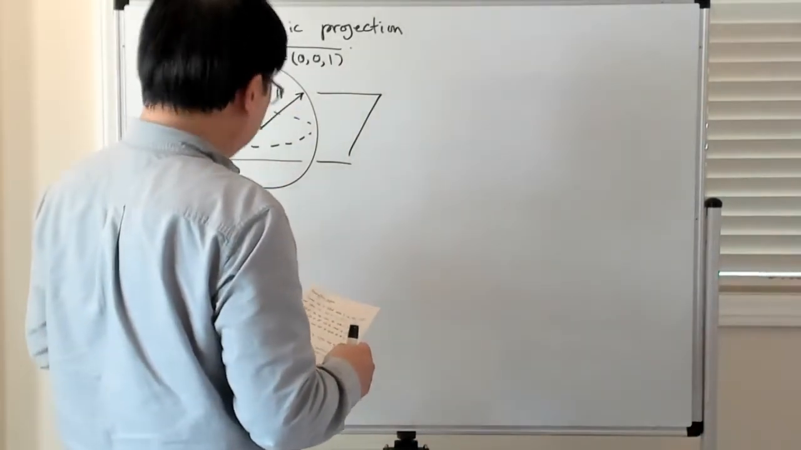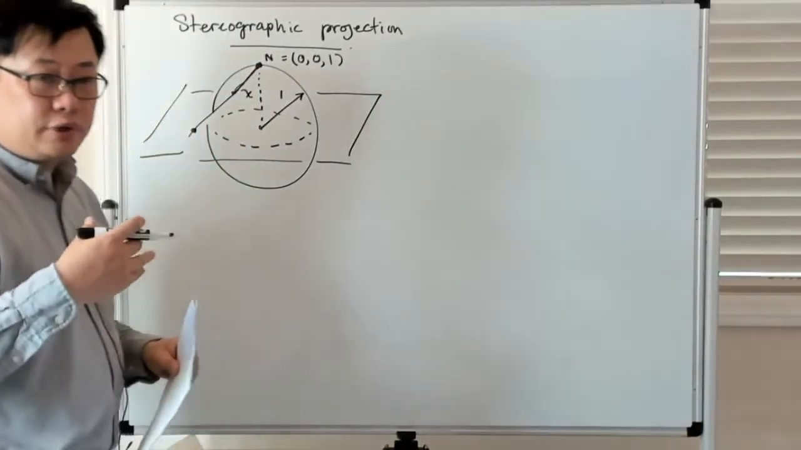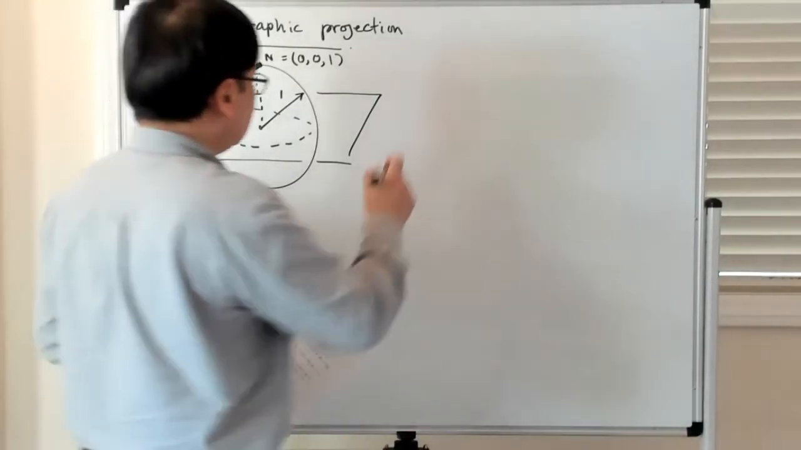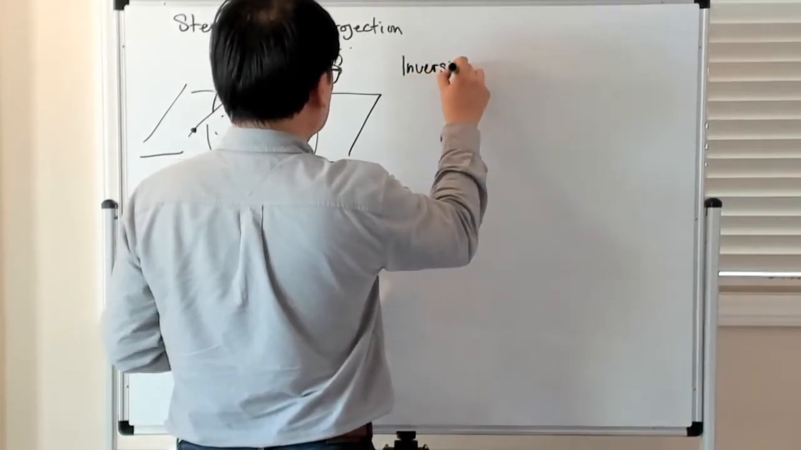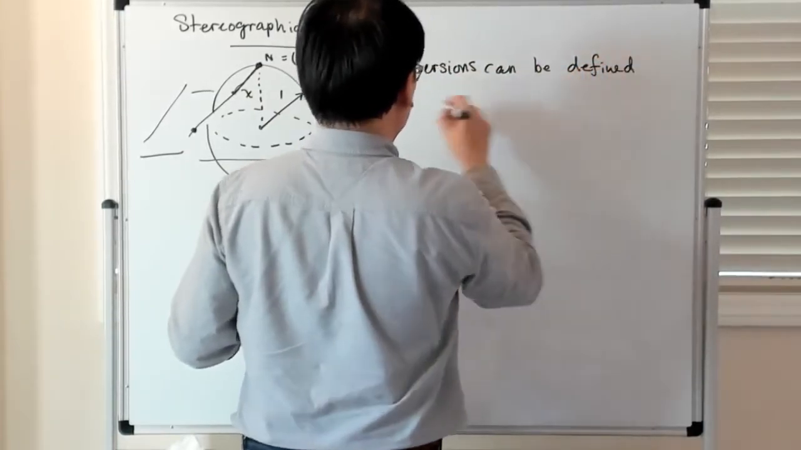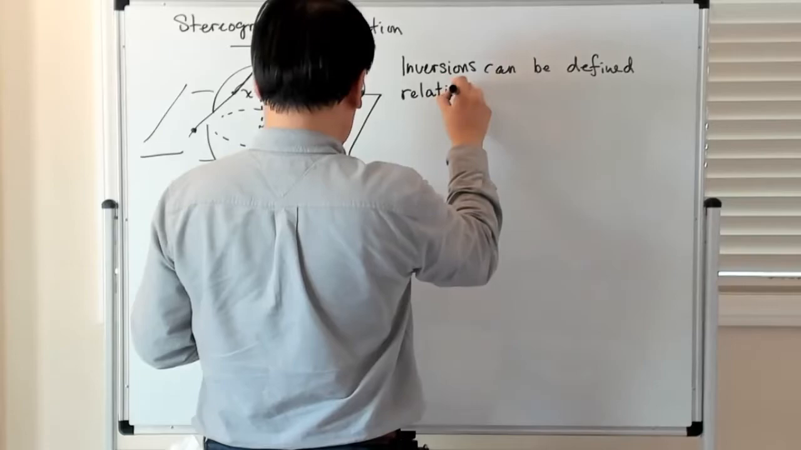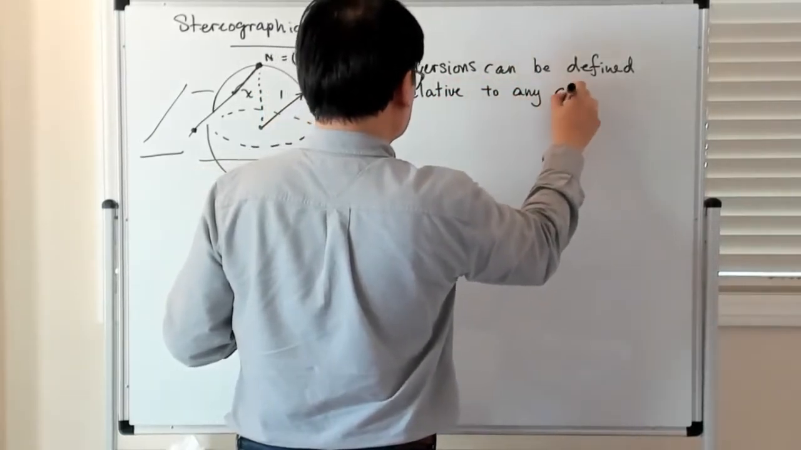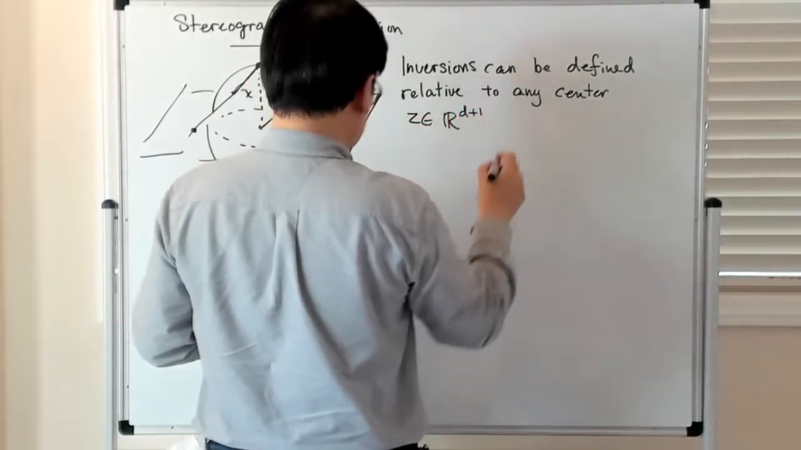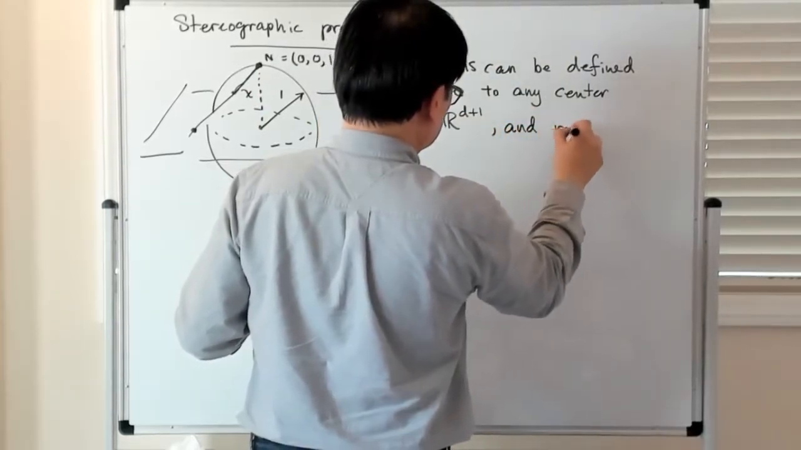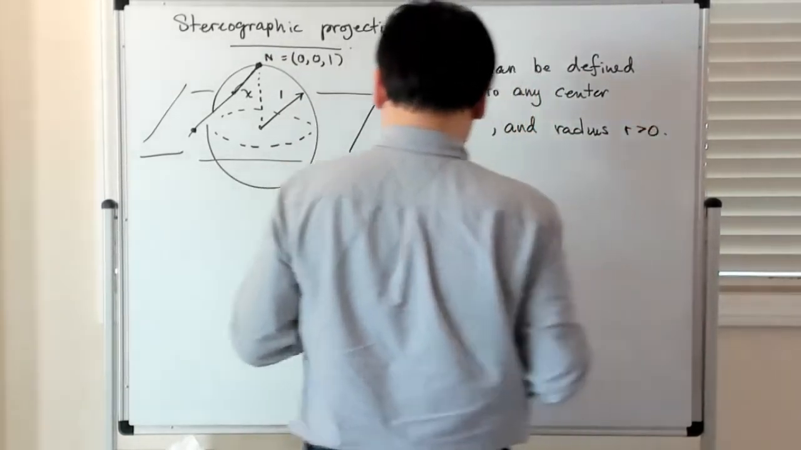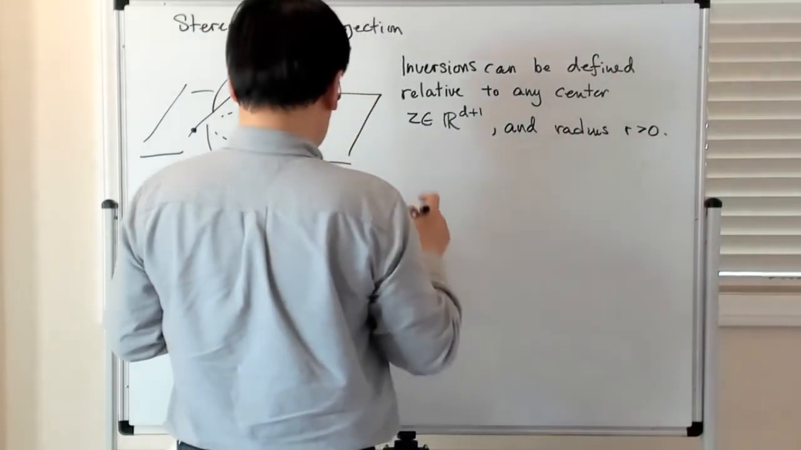Okay, so how we're going to do this is that we're going to look at inversions which are not just about unit spheres centered at the origin. Okay, so inversions can be defined relative to any center, let's call that z in R^(d+1), and any radius r greater than or equal to 0. Okay, so that is